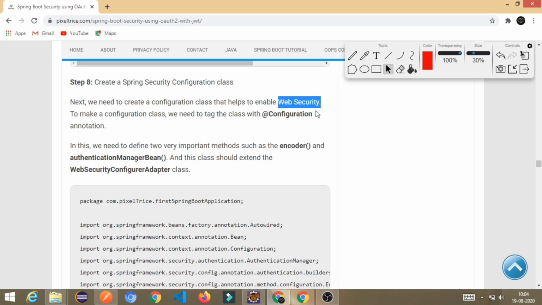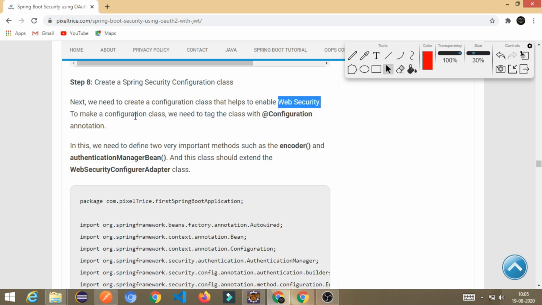So this will provide the security. Whenever any person or client wants to access that API, they have to go through the security. So it provides one layer of security to those methods or APIs present in the controller class. Till now I have not created the controller class. I will create it in a further section. So let's proceed.